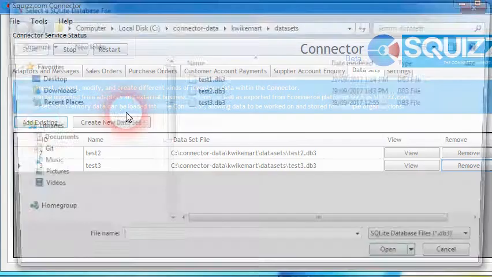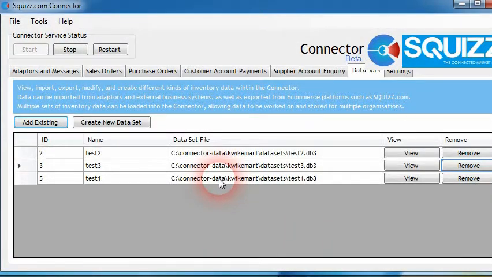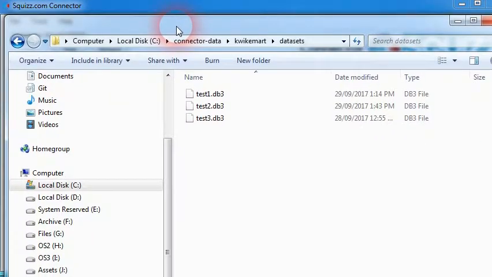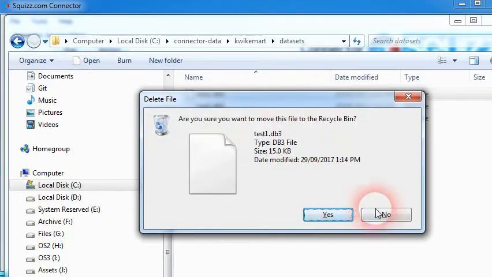And if we ever have to add it back in again, we just find that same file and it's back within the connector. So the only way to delete datasets from a computer is you would have to go in and remove it physically from the file system. So the way we would do that is we would have to go in and open up a Windows Explorer, find the file, click the delete icon,